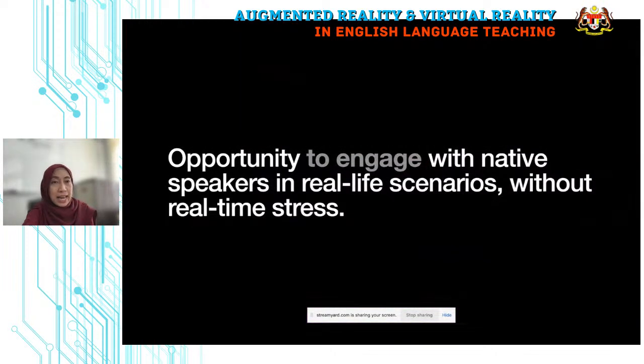Okay, and without doubt, there are a lot of opportunities to engage with native speakers in real-life scenarios without real-time stress, I would say. Let's say they were to experience immersive English language learning using virtual reality. Remember the one that I mentioned just now on the non-immersive experience, the one with Genshin Impact.